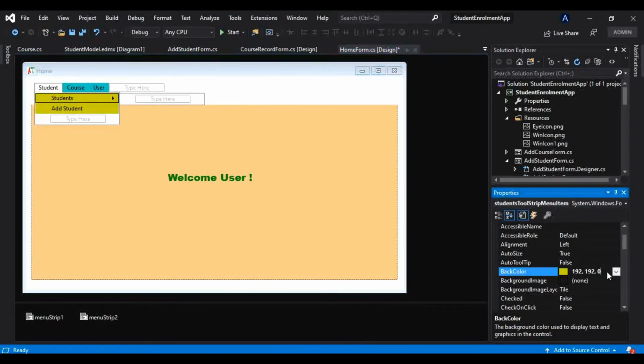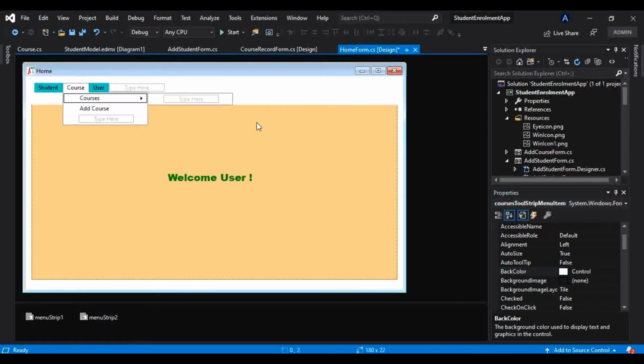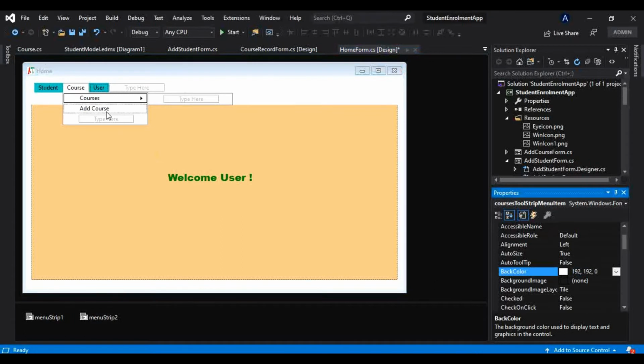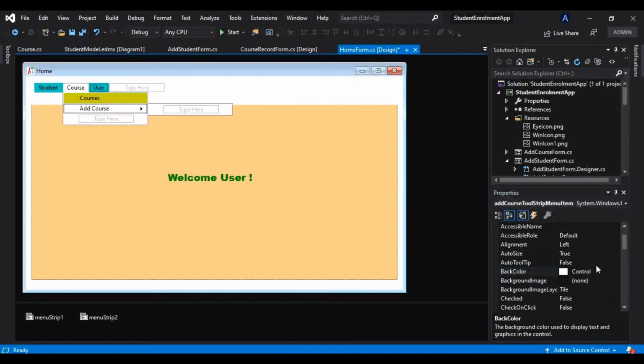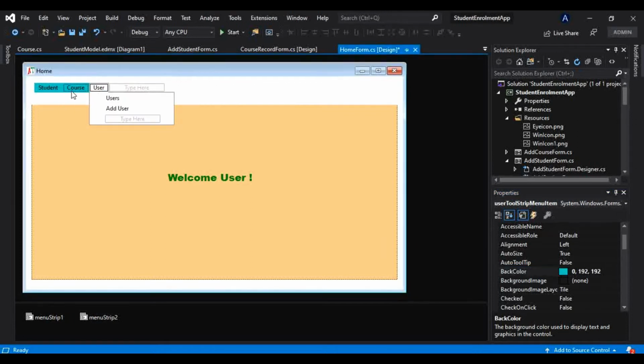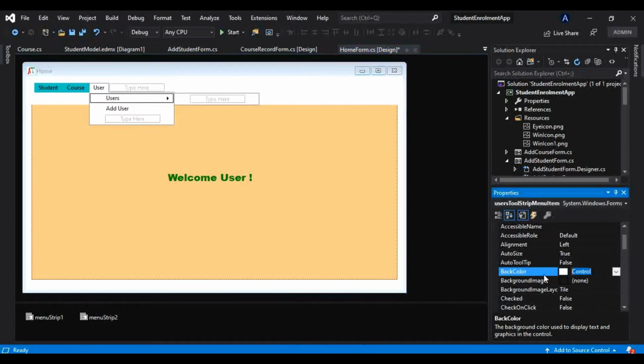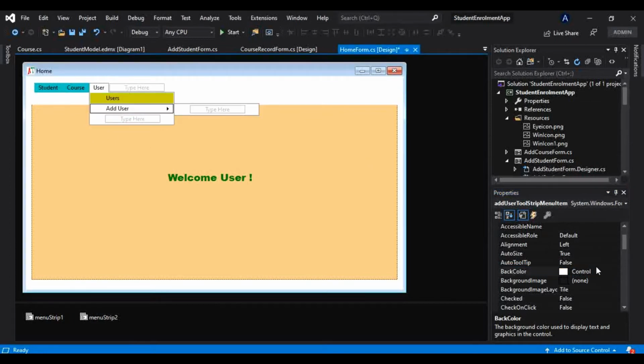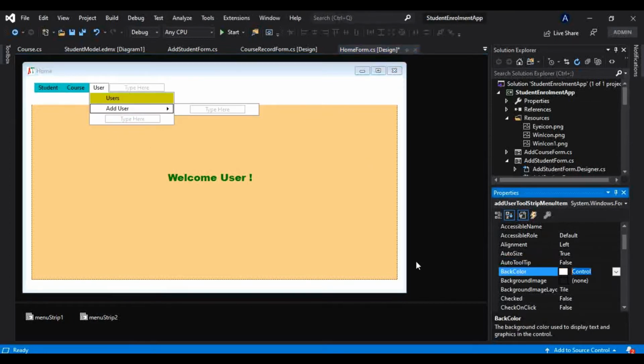Okay, so I have used this, and I will go to this courses, I will paste that here for add courses, and similarly in this user tab. So let me show you that it now has this color, both these items, and for the users I want the same color, and for add user I want that same color.